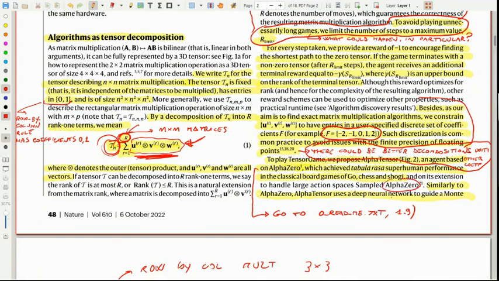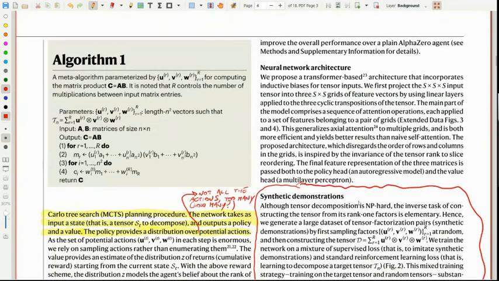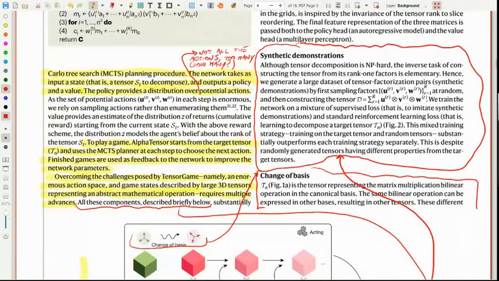AlphaZero is the next step after the AlphaGo software that was the one playing Go in a superhuman way, okay? And in order to deal with such a huge number of actions, we use a version of AlphaZero, which is called sampled AlphaZero. Now, since the time is almost over, I just want to show you. So I told you, in order to